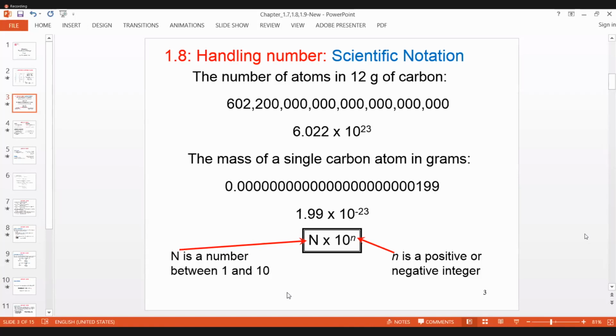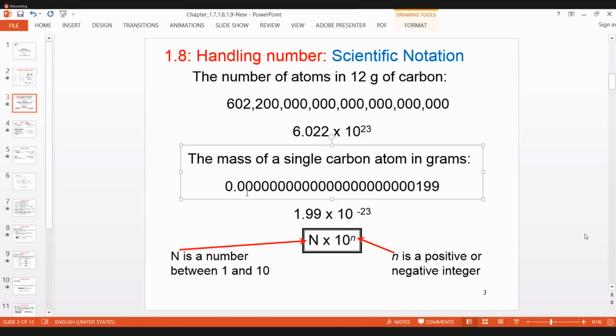Scientific notation means 10 to the power, whatever number you have, that you will write in scientific notation. Suppose you have this big number and you want to write it in scientific notation, you have to make it small, but whether you are reducing the zeros towards the right side or towards the left side. If this is very small, if you are increasing the digit, definitely you have to write the negative scientific number, right?